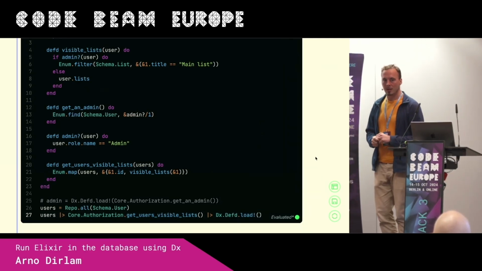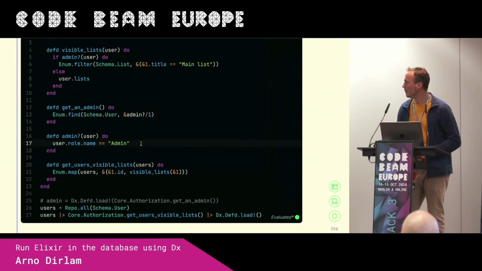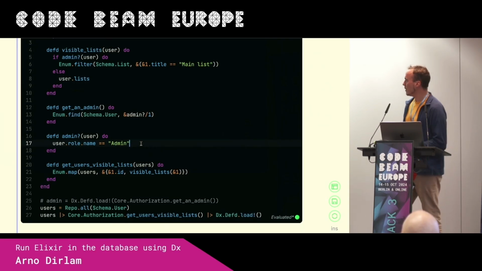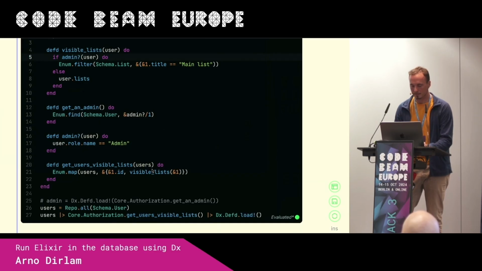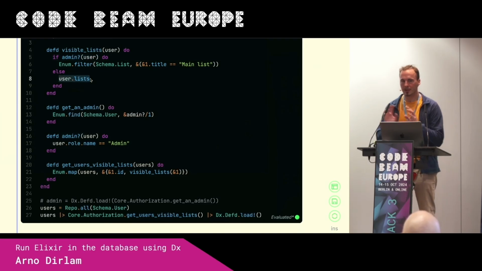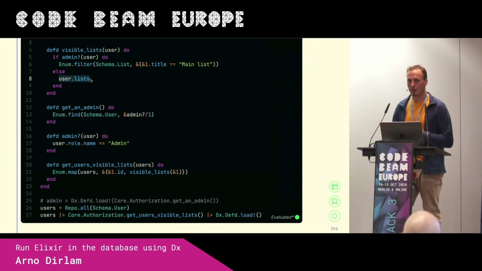And also, just quick question with the admin question mark there. Does it load the lists for the admins even if they're not used in the query? No. You mean here? Yeah, because you get the main lists, but you get lists for everything else. But would it get the lists from the result in the Ecto query? It just wouldn't use them for the admins. So if this always evaluates to true, then this will never cause any queries. Sure. Is that what you mean, or no, but like if sometimes you get admins and sometimes you get non-admins, is it going to get the lists for the admins and then just not use them?